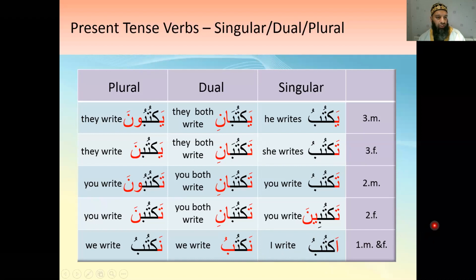Can you please send a recording of this table? Yes, that's one thing I didn't do. I'll send a recording of this table, inshallah, and then just play that again and again and again, and there